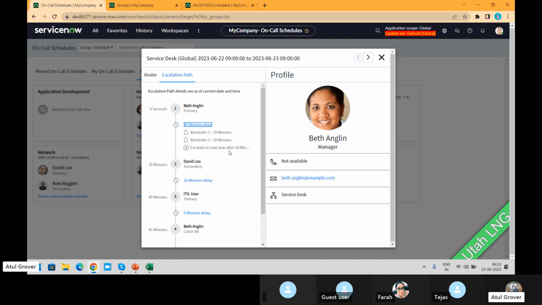Now, how to give the reminder? It is called notify, which is the next concept we're going to pick up. Reminder in the form of an SMS, reminder in the form of a call, or reminder in the form of an email as well. There are things in ServiceNow which you can integrate. Let's say